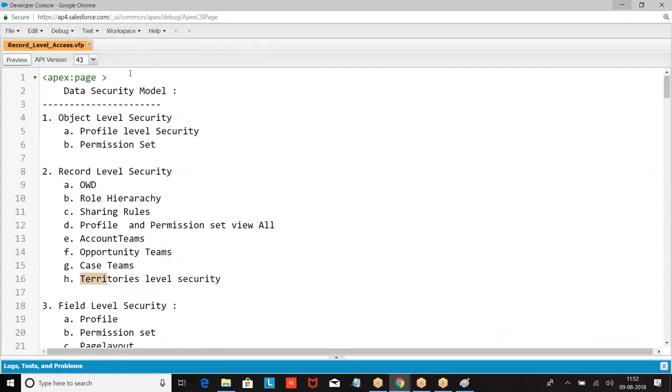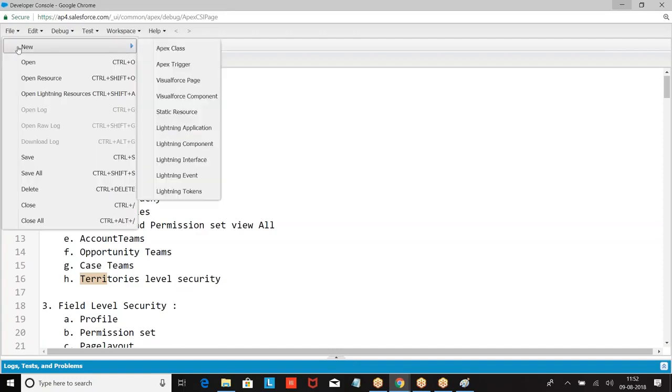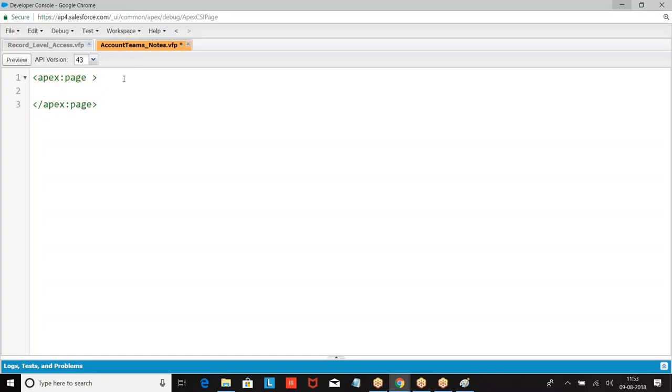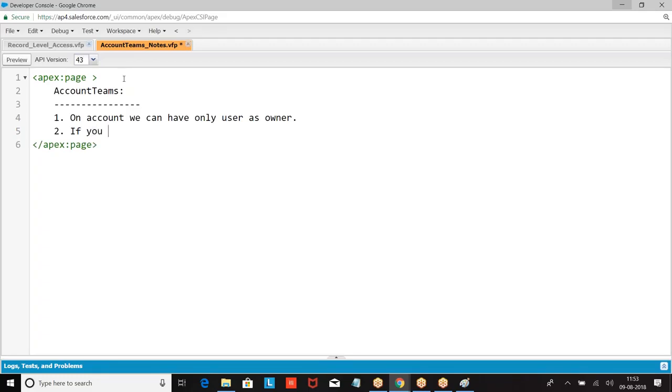Come again? Obviously, no. Programmatically I can do it. You can go with the programmatic approach. On account, we can have only one user as owner.